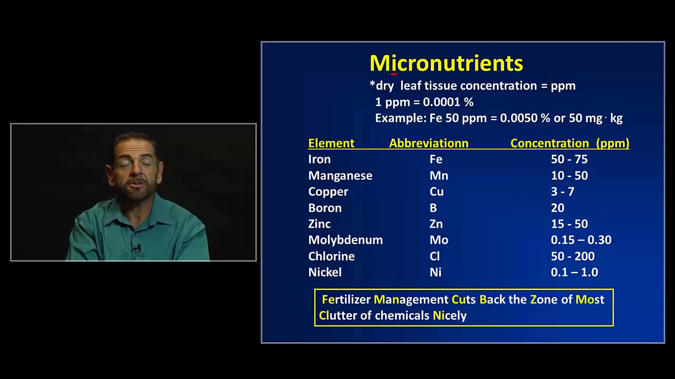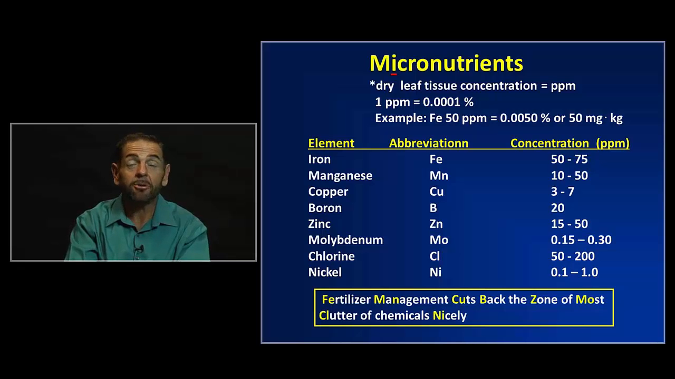So what about micronutrients? What are the micronutrients? Micronutrients are present in the tissue in very small quantities. So small, in fact, we present them in lab reports as parts per million. And 1 part per million is